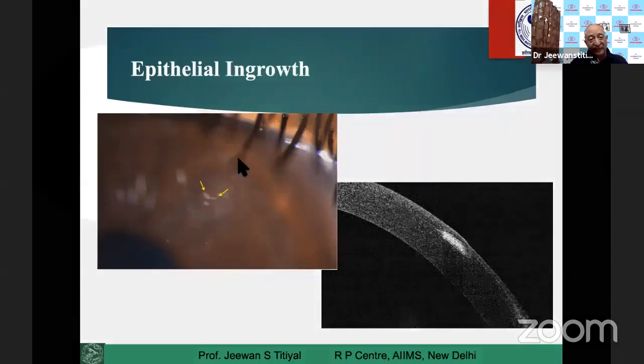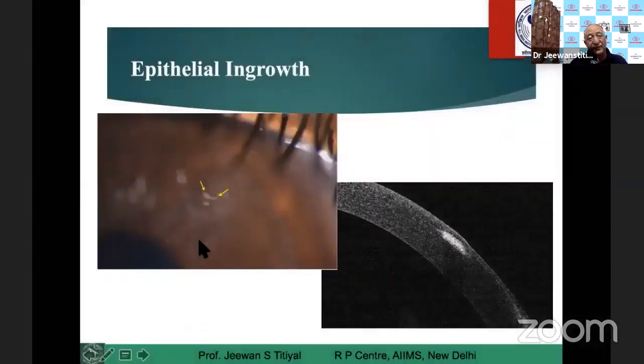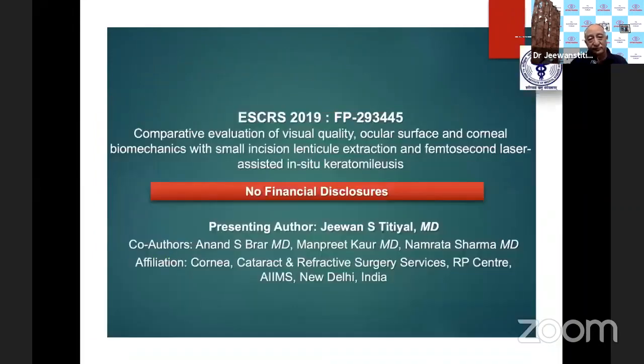In SMILE patients, I've seen they are normally near the incision area. As soon as you see these epithelial cells, the first thing is you should go immediately and scrape out these epithelial cells from the incision area. Don't wait and let it go inside, because they are normally in the peripheral area and can easily be taken away with the reverse Sinskey hook.